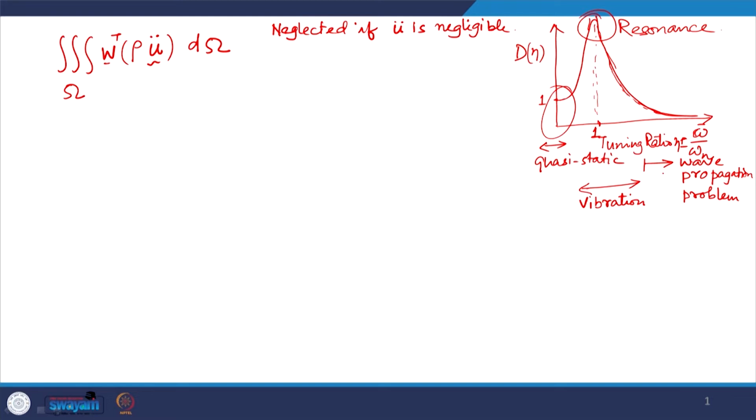So, quasi static, that is what we have been doing so far. For the dynamic problem, for vibration as well as wave propagation problem, this term cannot be ignored. The acceleration terms are no longer negligible, and those need to be accounted for in the equilibrium equation. I mean that Newton's second law of motion comes into the picture, which says that all the forces acting on the body, on any body,